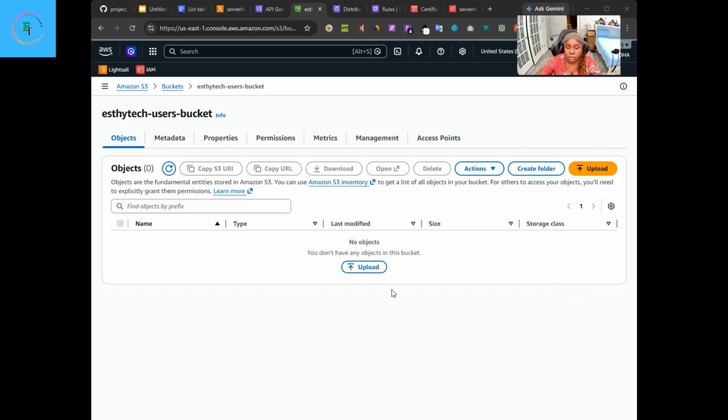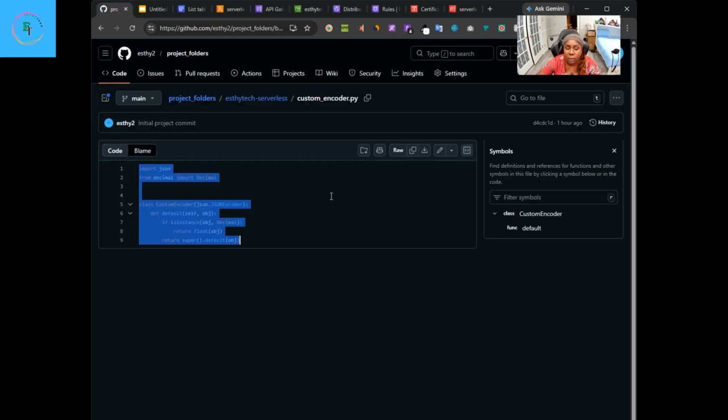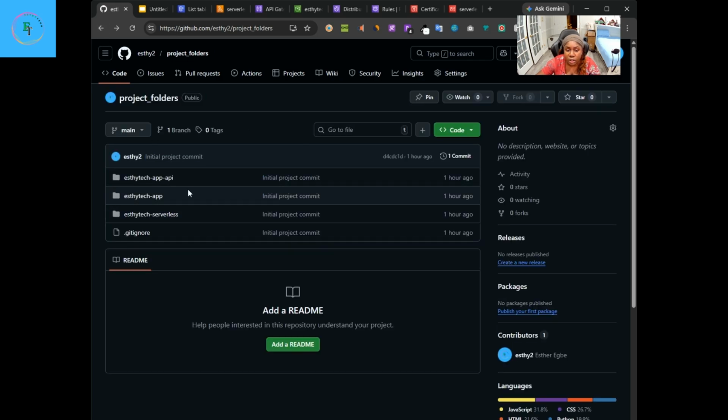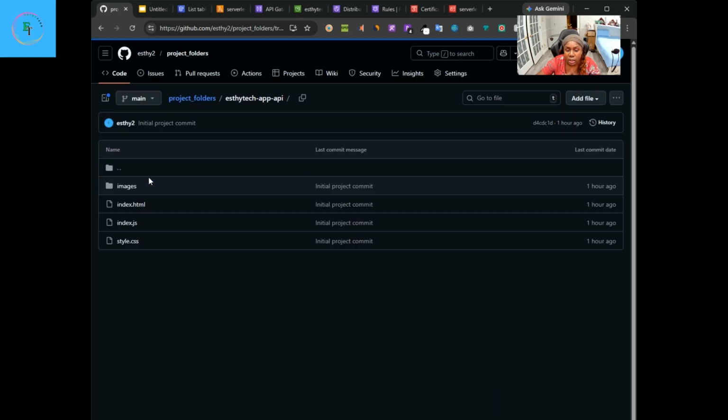Okay. So now we are just doing the manual clicking so that you can have the concept before you start to automate things. So now that is just it. We're going to upload the file here. Let's go back to GitHub. This is GitHub, right? In this GitHub, I have my GitHub project. I have the files here in the API. We have them here. So I'm going to copy all of these files and paste them on our